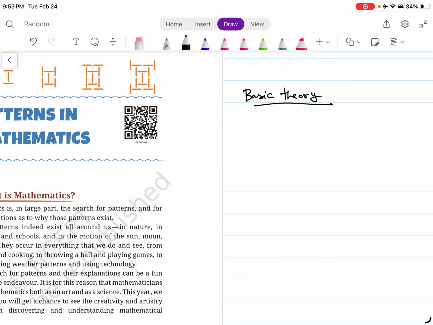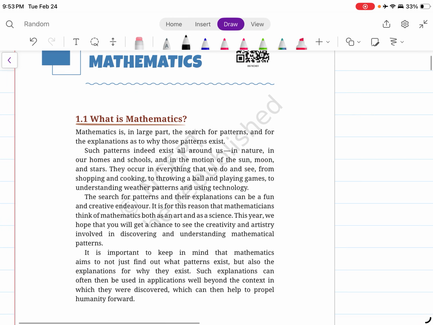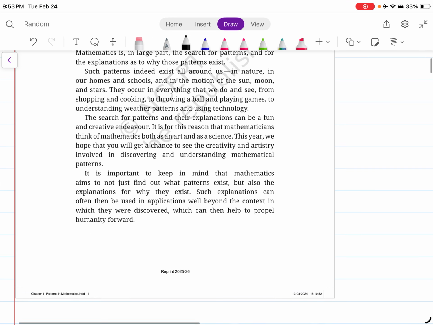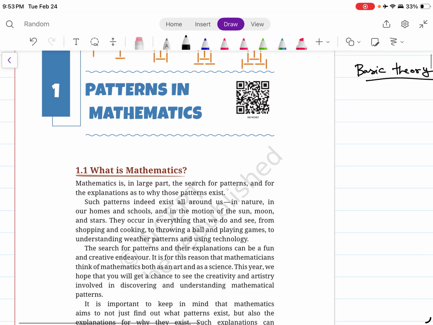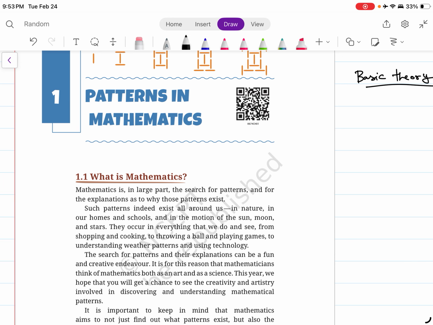We will not be avoiding the theory part, because if the theory is given in NCERT, it is given for a purpose, and that purpose needs to be served. So a 6th class student can read and study this lecture. An 8th class student, or even a 10th or 12th class student, can study this. Other than that, a person who is preparing for a competitive examination can also go through it,